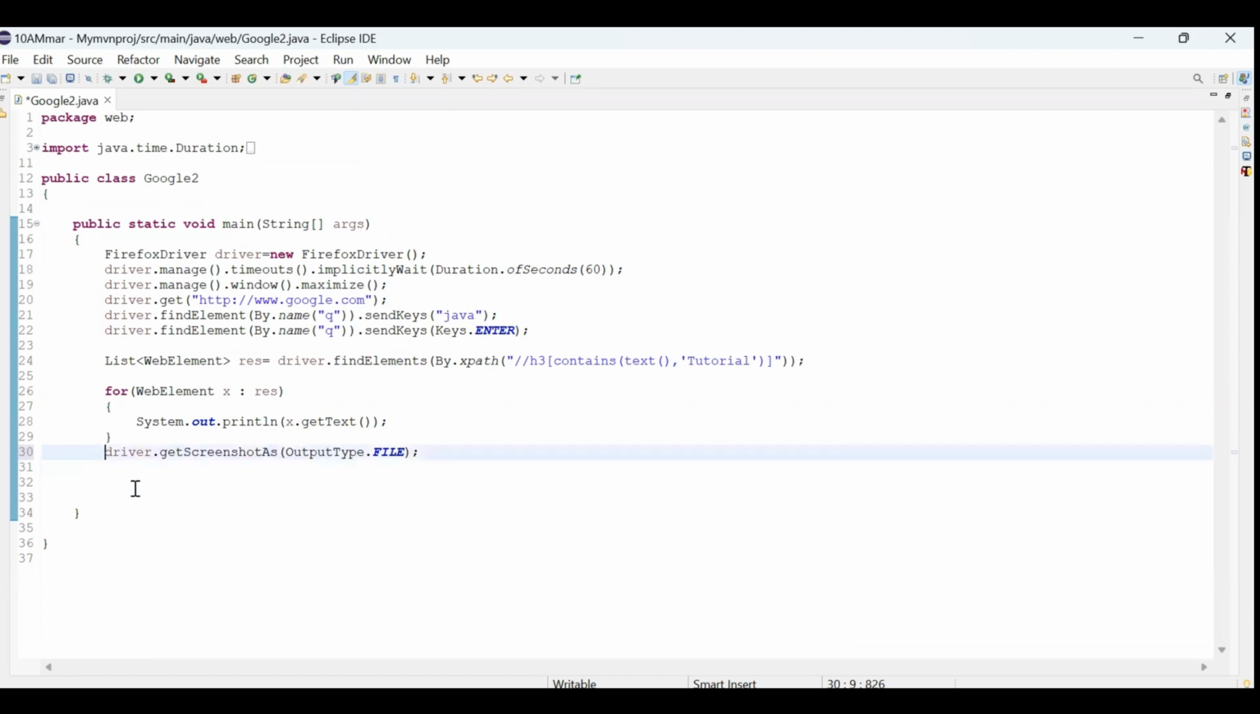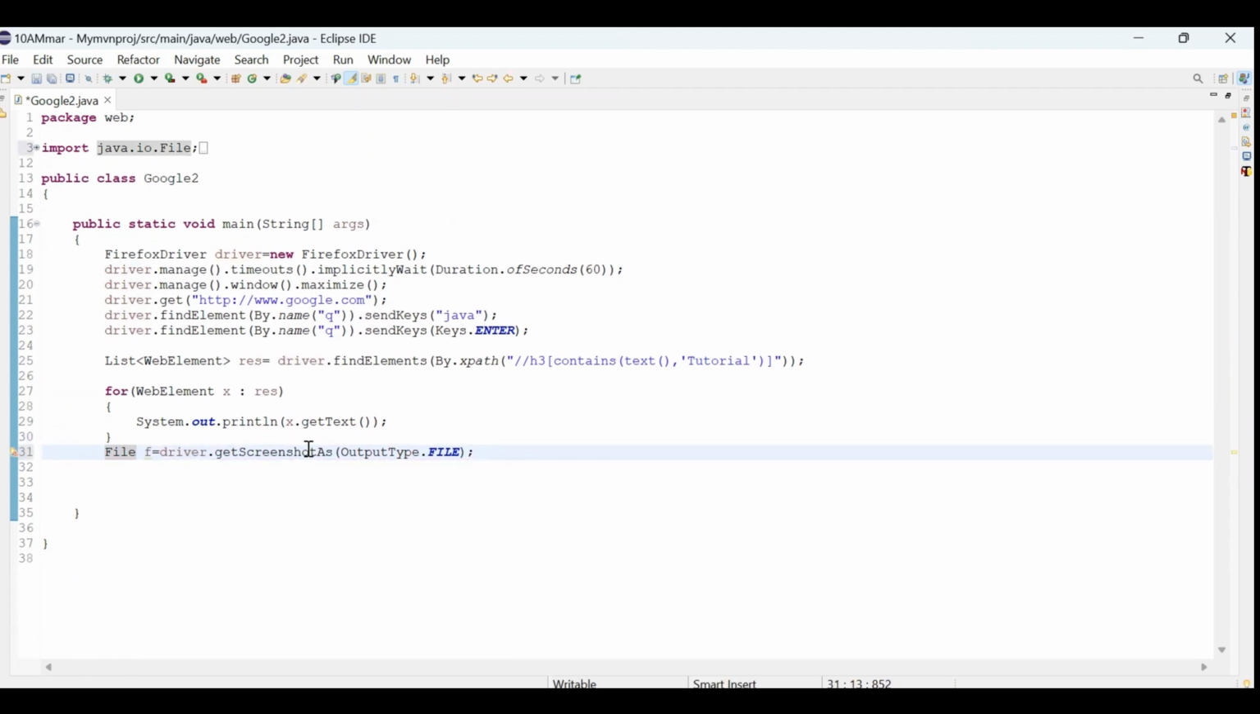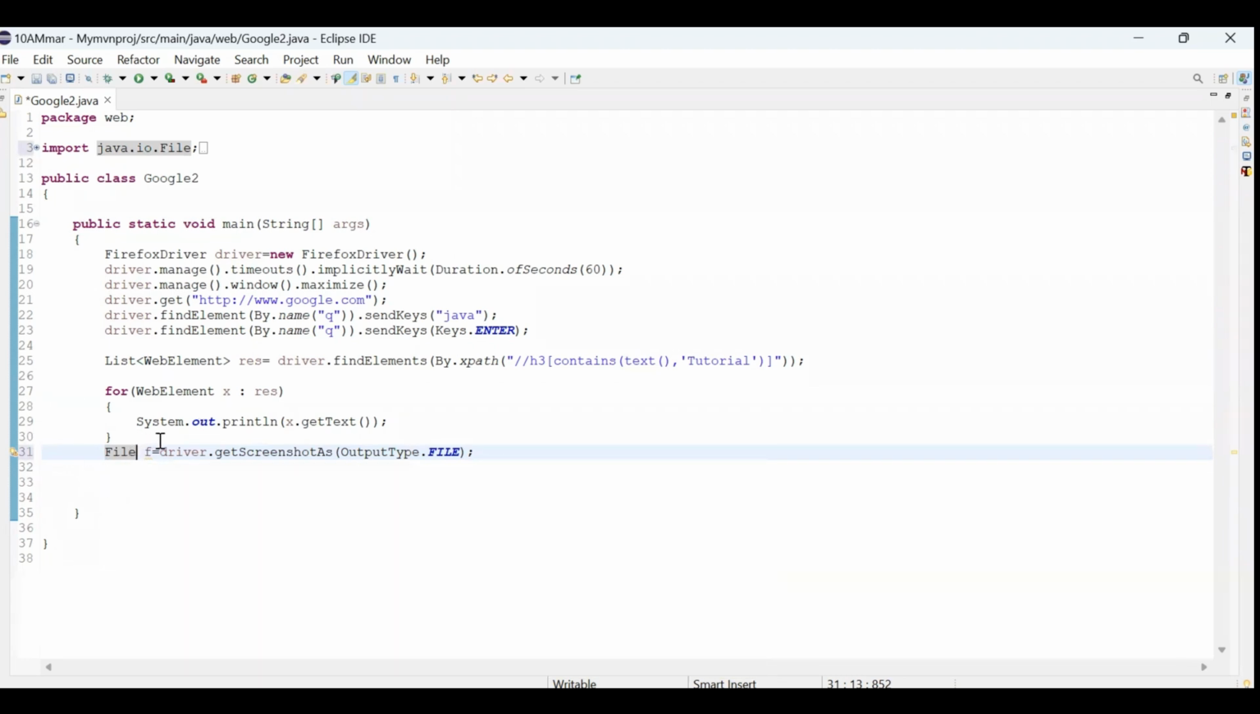If I want to catch it into a variable, that variable should be of type File. File belongs to the java.io package. Whatever screenshot I'm taking, I'm storing in a file F. Where is this file F? It is there in the buffer, in memory. But if I want to save this screenshot in my local computer,